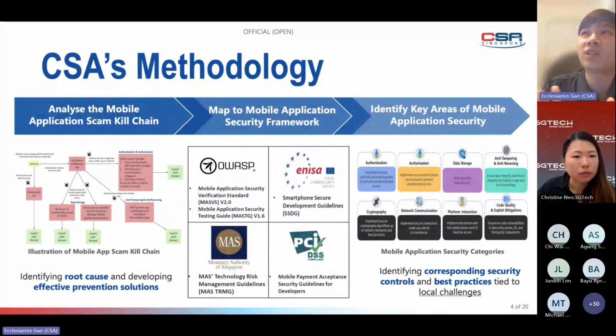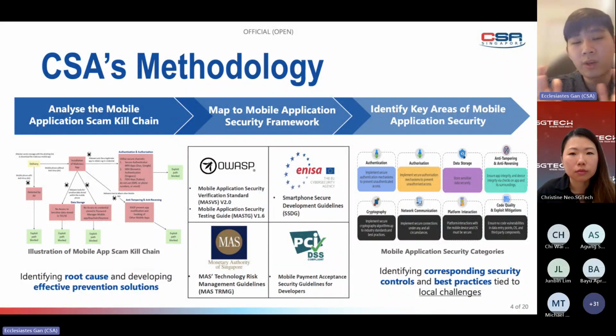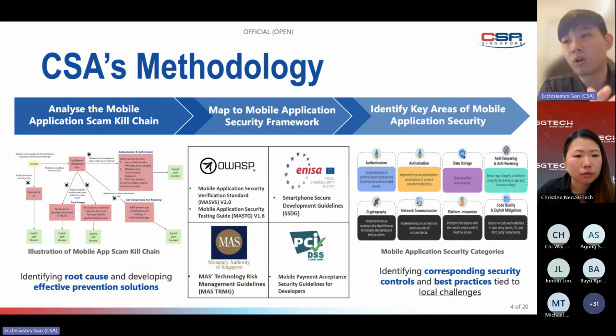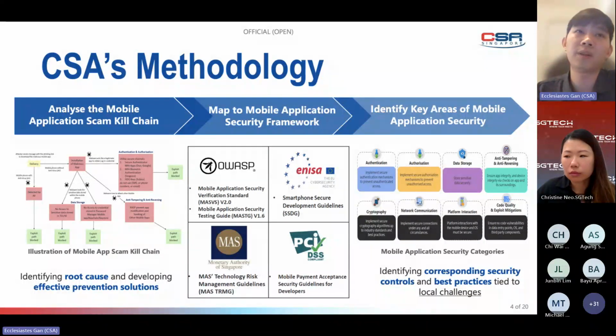We didn't want to just release a Safe App Standard or guidance or recommendation without considering what the issues out there are. So while we were developing this standard, we analyzed what exactly the mobile application scam kill chain is. From there, we identified the root causes on the left, and we also identified effective prevention solutions that organizations and app developers can employ in their applications. Now that we have the root causes and the solutions that can be implemented to prevent these,